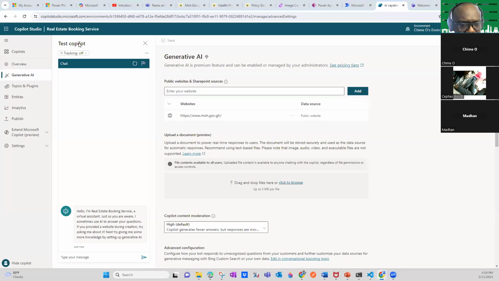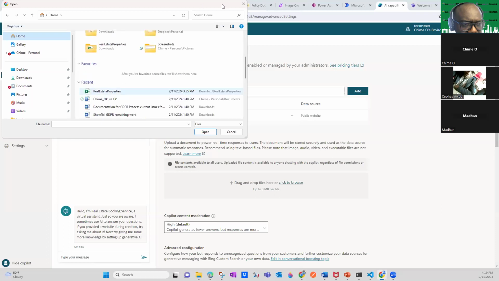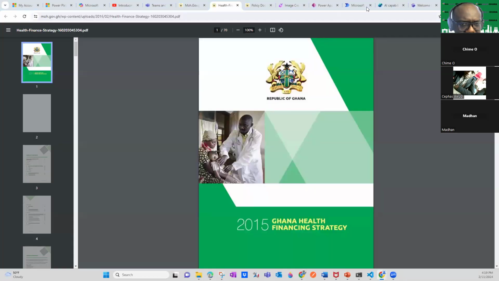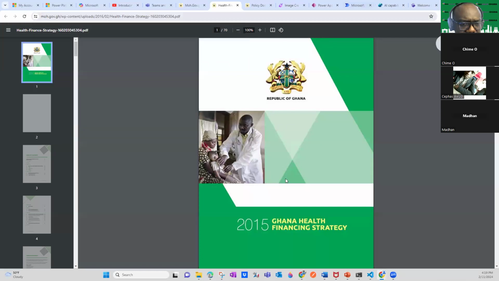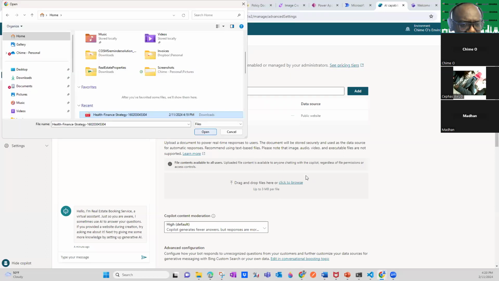If I click on browse, I've saved it on my file. I can download this one, for example, the finance strategy for Ministry of Health in Ghana, click on browse, and also bring that into my Copilot.